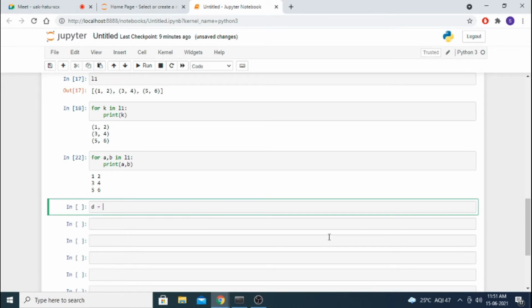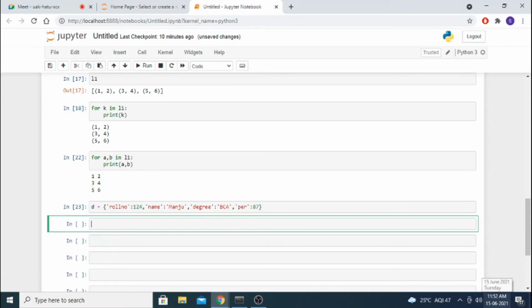D equal to roll number 1, 2, 4, name, single quote, double quote, anything we can use, name colon Manju, degree BCA, percentage 87%. Okay, this is one dictionary I have created.